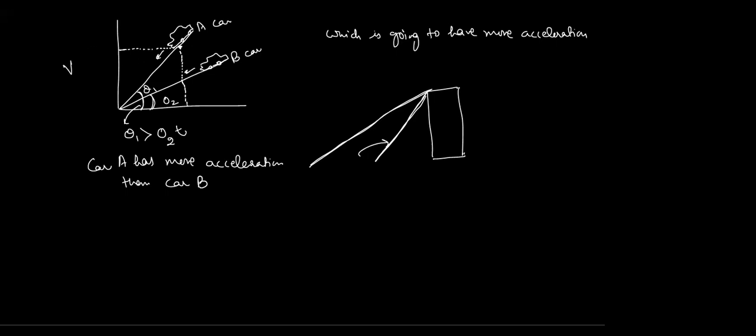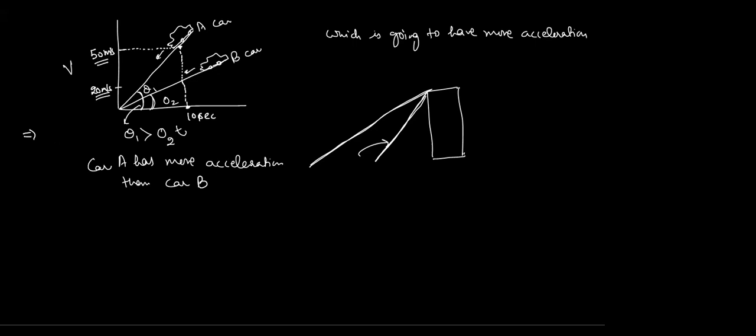So I'm saying here, dear students, that this is a car, and if I take this velocity as 50 meters per second, and here the velocity is 20 meters per second. This is the velocity time graph. If I need to calculate which one has more accelerated motion, we can calculate for a fixed period of time. I'm taking the time as 10 seconds. At 10 seconds, what is the velocity of car B? That is 20 meters per second, and that of car A is 50 meters per second.